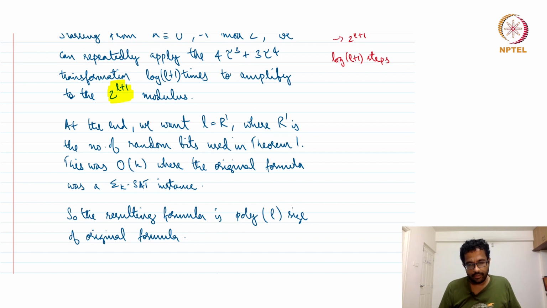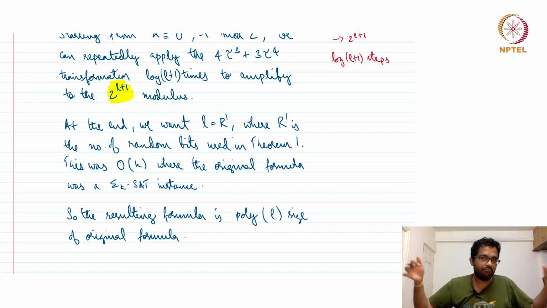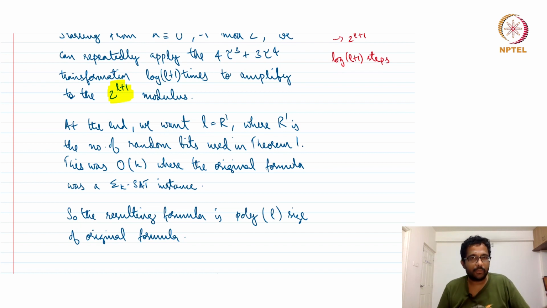But the number of iterations that we do is log L plus 1. Whenever we do one step, the size of the formula also blows up by some constant. So we do log L plus 1 steps, so there is always some constant power blow up happening in the size. But since log L plus 1 is something polynomial in the size of the formula, the resulting formula will also be polynomial size in the original formula,